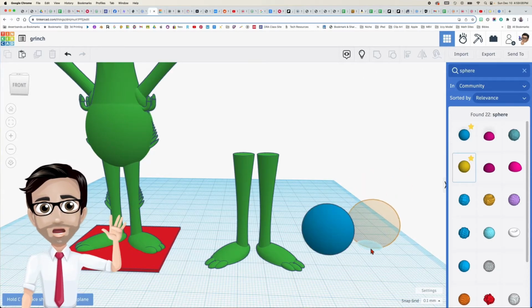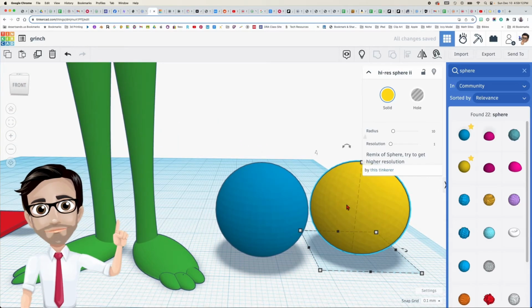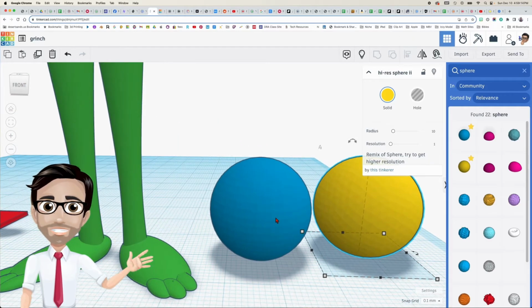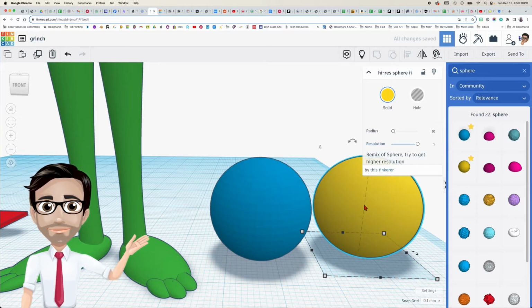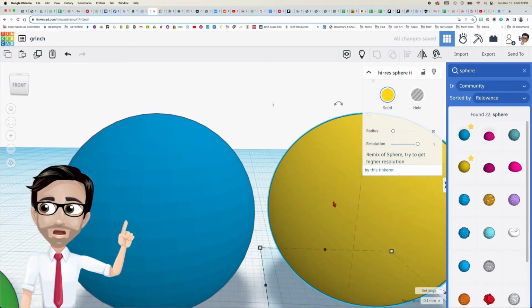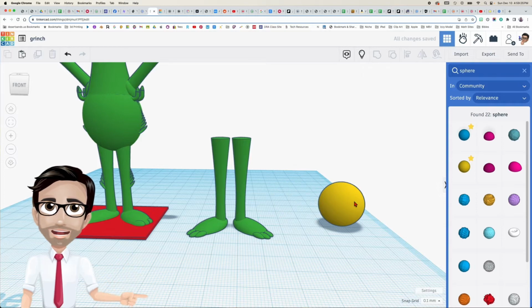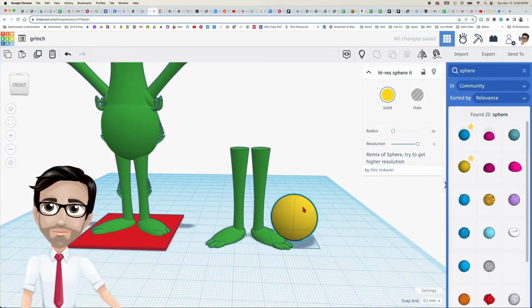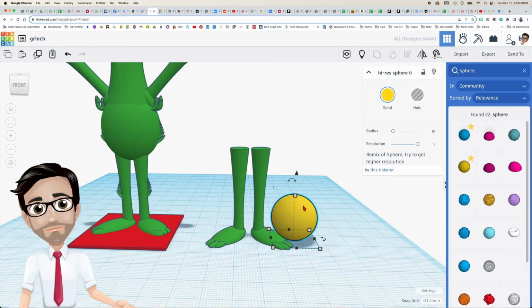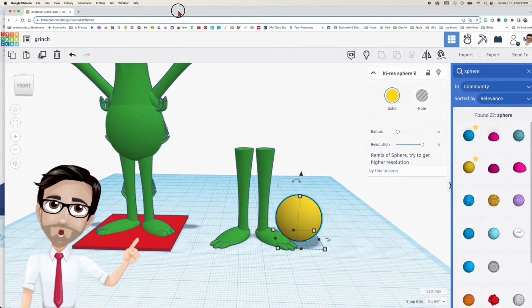So now let's look at the difference between the two. Now mind you, this one's made out of triangles and this is made out of squares, but I haven't increased the resolution yet. Do you see how it's much smaller? That's going to be a smoother finish when you're done. But again, it's going to increase the amount of triangles or vectors you have inside of your design. And that is going to change the speed of your computer. And it's also based on your internet connection. So let's go ahead and focus on